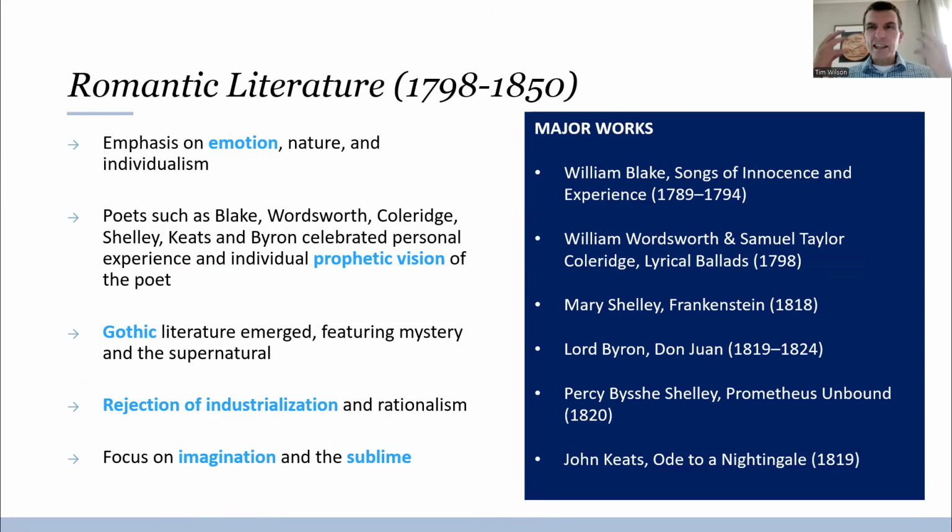So at the end of the 18th century and the first half of the 19th century, there's this reaction against the overemphasis on rational order and decorum that we had in the 18th century. So the 18th century, this era of enlightenment and neoclassicism, had emphasized this rational order and decorum and the rule of reason in human affairs. So these romantic poets, and it's not romantic in the sense of being focused on love, it's romantic in the sense of being focused on emotion and nature and individualism. Gothic literature also emerges in this time, a rejection of industrialization. Key authors there, Blake, Wordsworth, Coleridge, Shelley's Frankenstein, an example there, Lord Byron, Shelley, Keats,